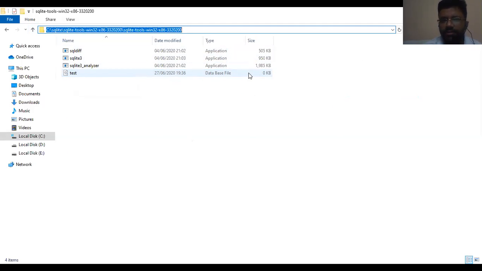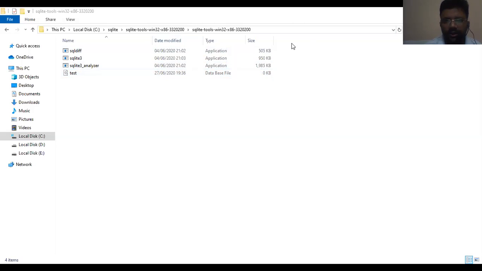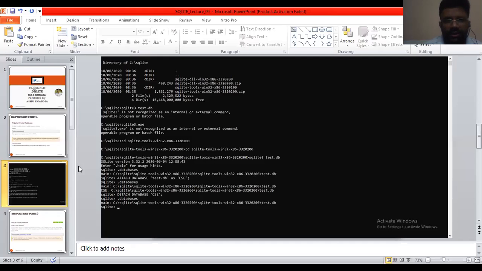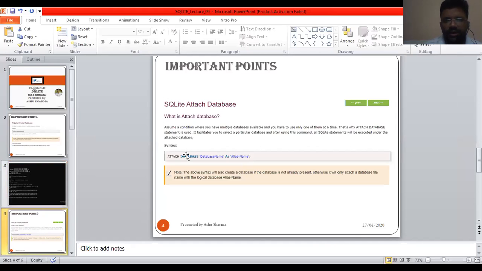So this file has been created successfully. These are very easy steps to follow when we talk about the creation of a database. Now move to the next slide.